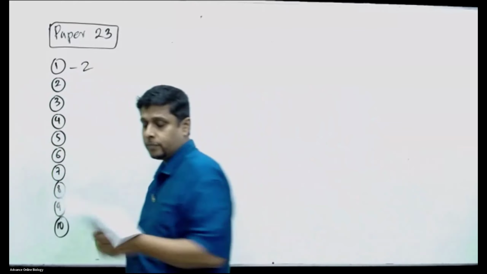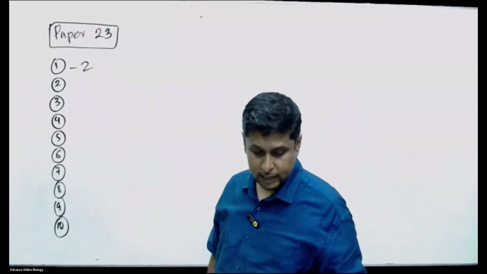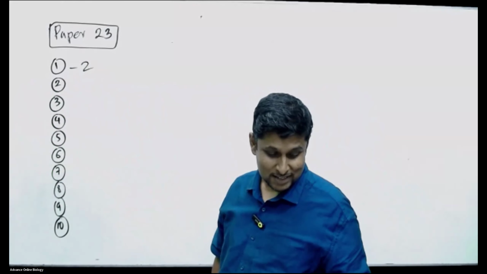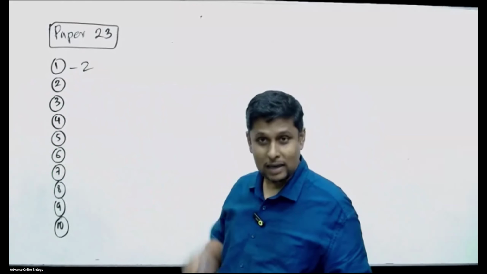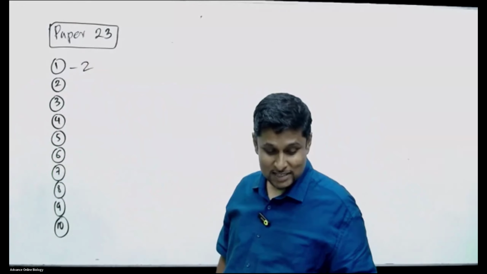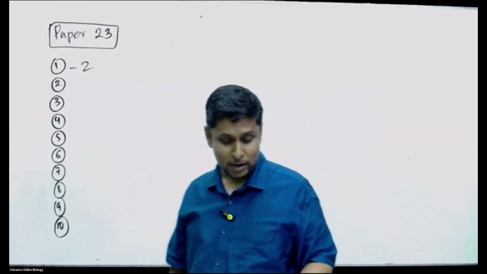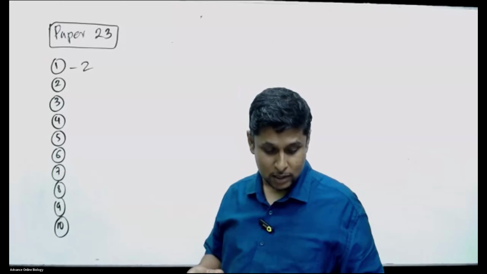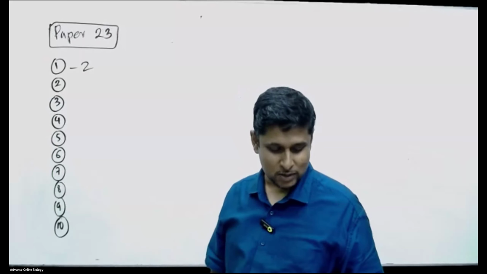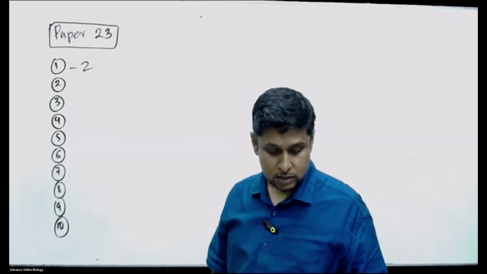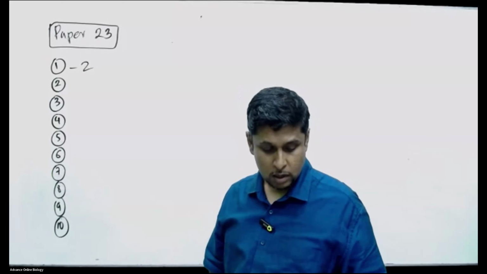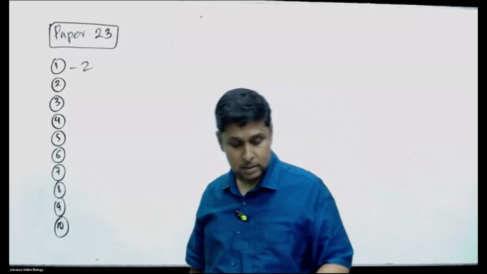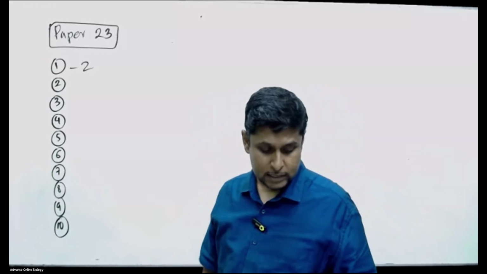Question number 2, which of the following is correct regarding water? It is a straight polar molecule. No, angular, polar, wrong. Adhesion is the attraction found between water molecules due to hydrogen bonds. No, adhesion is between water and some other molecules. Wrong. Water has high surface tension due to adhesion between water molecules. Wrong, it is cohesion. And water has maximum density at 4 degrees Celsius, perfect. The fourth one is the correct one.